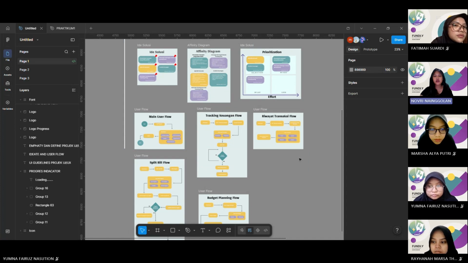Then we move to the affinity diagram. Here we organized and expanded each idea into more detailed features. For example, the transaction recording feature allows users to record their income and expenses more easily.